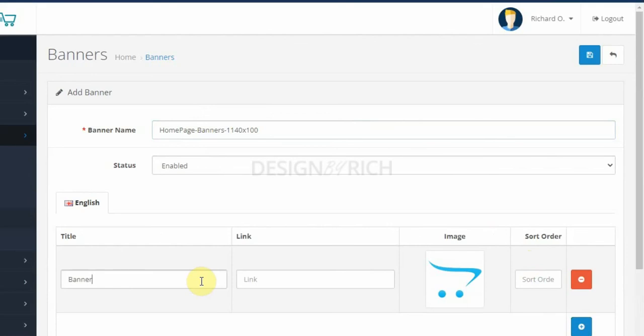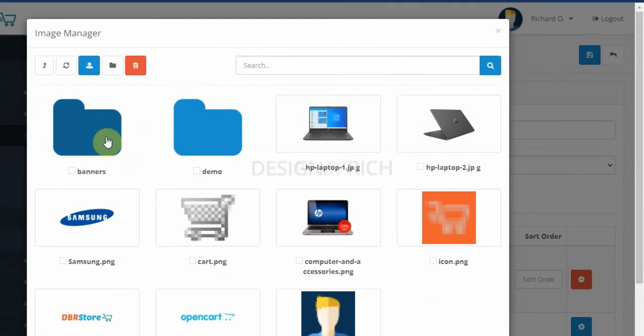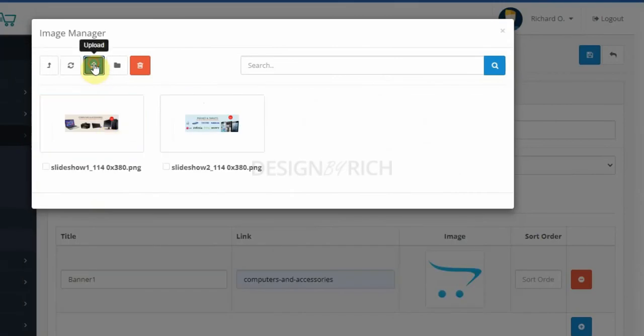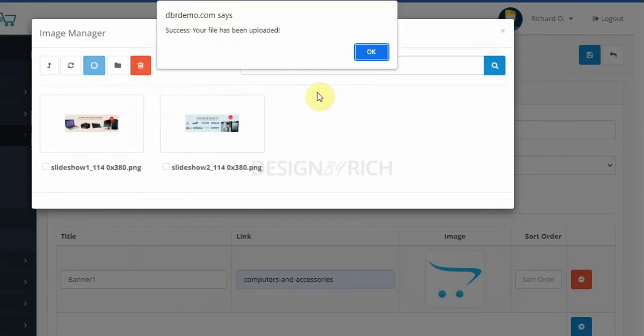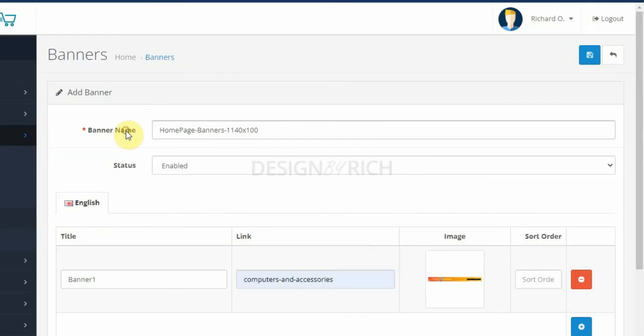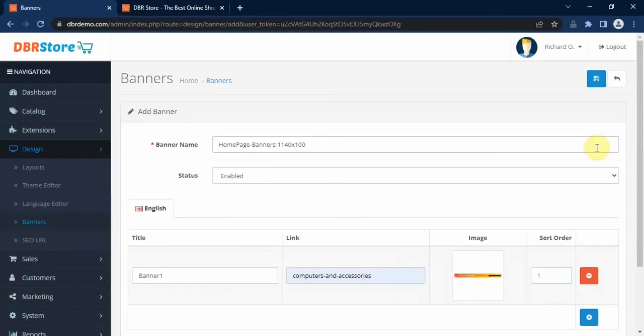This banner 1, and then we'll link it to the computers and accessories page. Then click on the image. Let's click on the upload button and select the banner we want to upload. Okay, and sort out that one. After we click on the save button here,